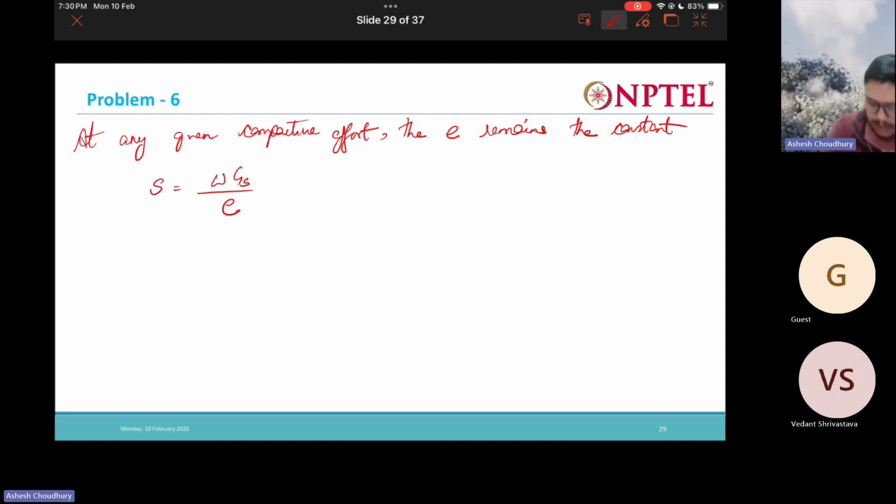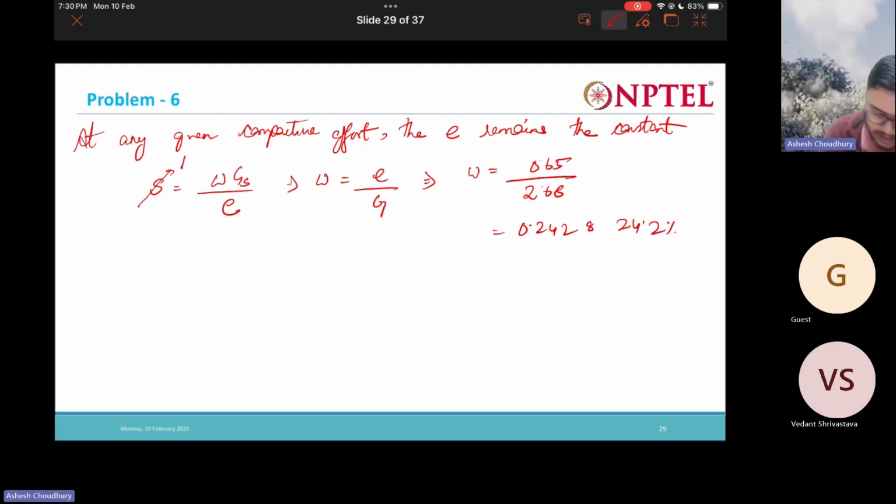S is WG by E. Now if S is 1, we'll have W is equal to E by G, which is nothing but W is equal to 0.65 by 2.68. Is it 0.242 or 24.2%? So at this much water content, this is the amount of water content that is required for us